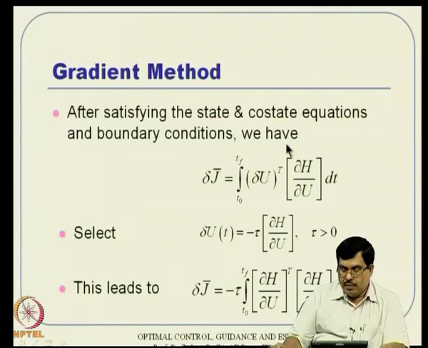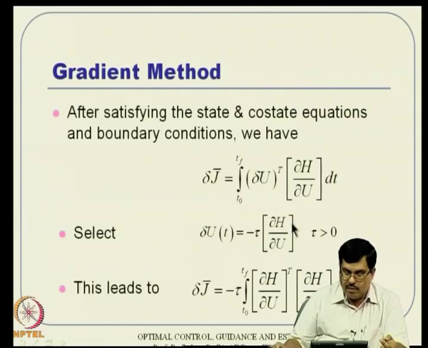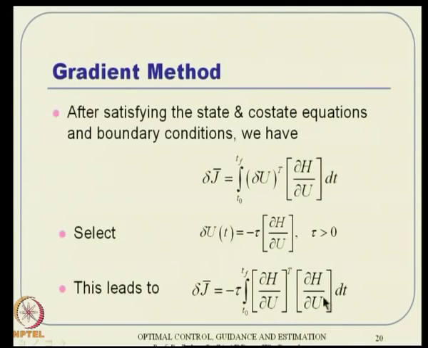Now, I have to compute a del u trajectory such that this del J bar goes towards a minimum value. Using the concept of the gradient vector, a natural selection is del u equal to negative of some factor tau times del s by del u. If I select it that way, then del J bar turns out to be like this, and hence it is guaranteed to decrease. Del J bar is guaranteed to be negative. That's the whole idea of gradient methods, even in static optimization. We have seen that before.